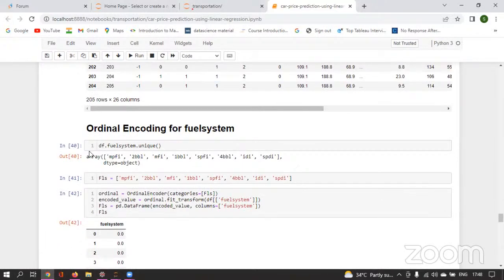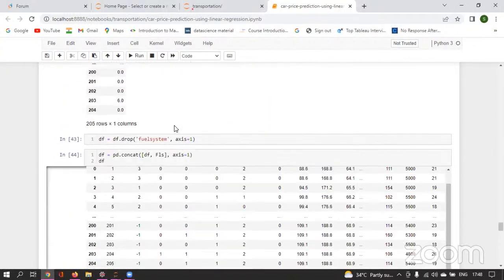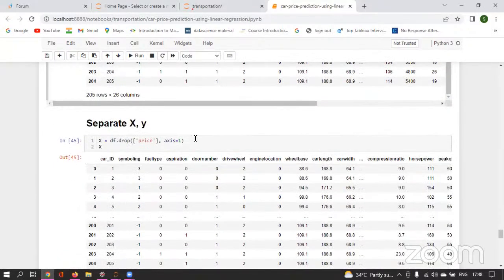Whatever categorical values it will be having, if it is following some particular order, in that case, what do I have to do? I have to do label encoding or ordinal encoding based on the requirement. Here I'm doing the ordinal encoding. It is already appended, so we don't need that feature again, so I'm simply dropping it.